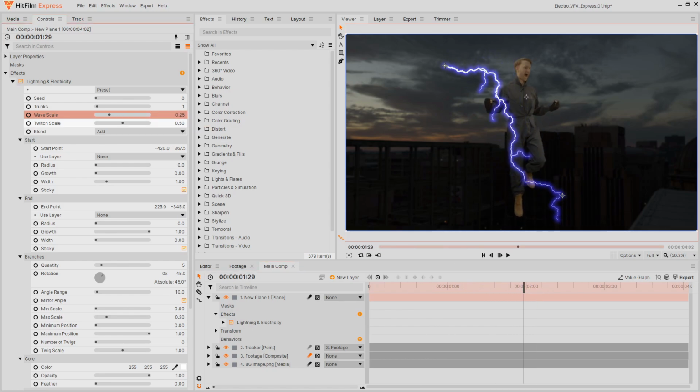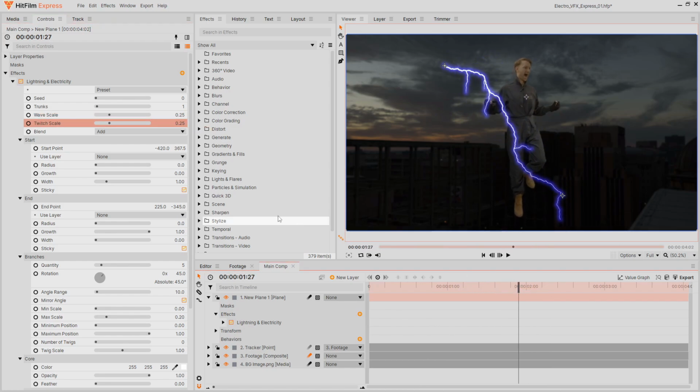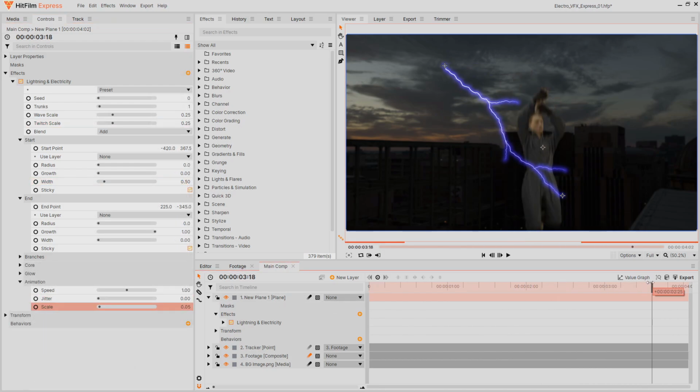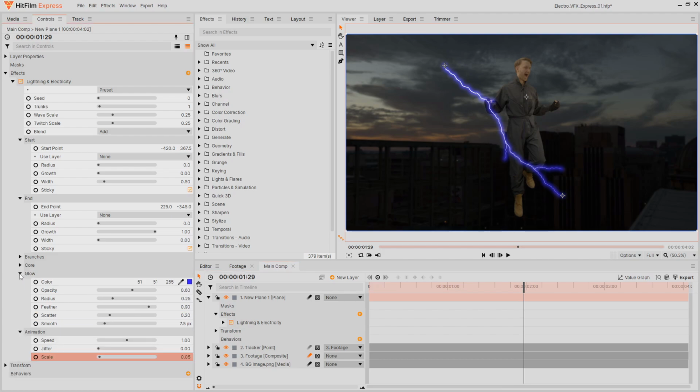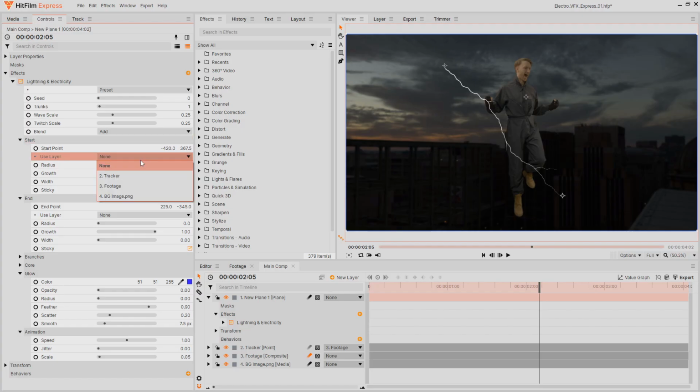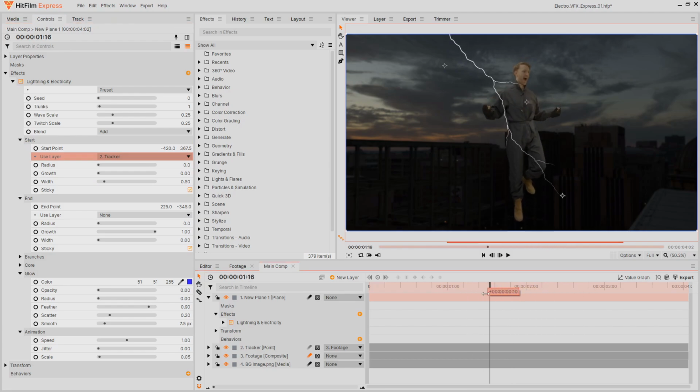The lightning bolts seen in the trailer are less wavy and have less movement, so I tried to replicate that. When you are happy with the general shape of the lightning bolt, reduce the width and alpha of the built-in glow to disable it. We'll apply our own better-looking glow to all of the energy effects at the end. Attach the start point to the tracked point layer, then adjust the position to place it in the scene.